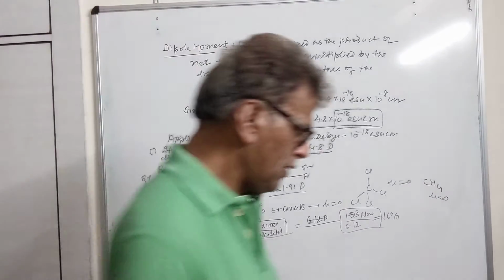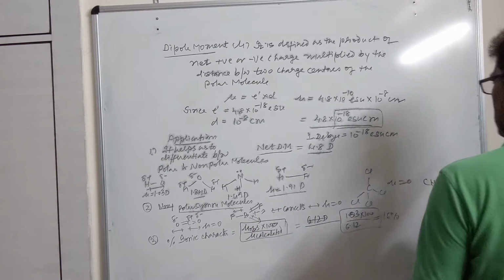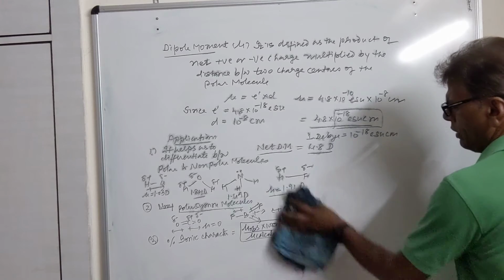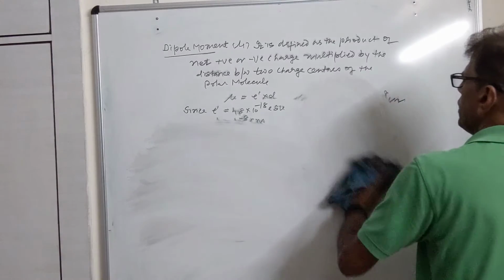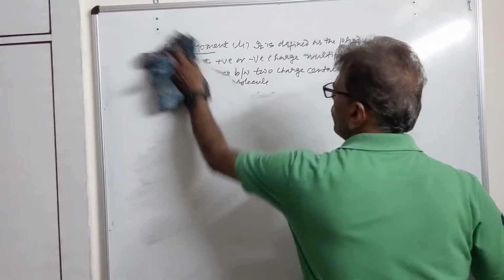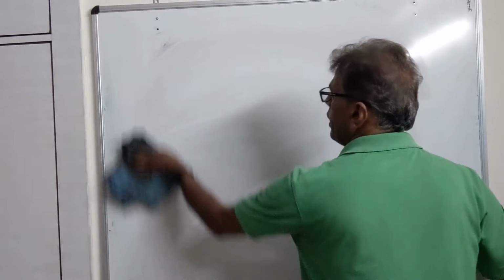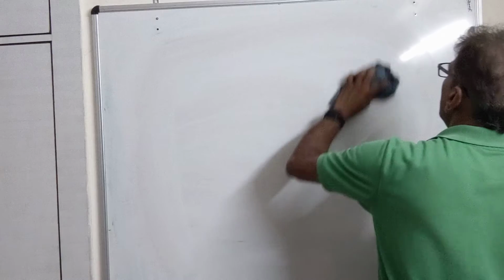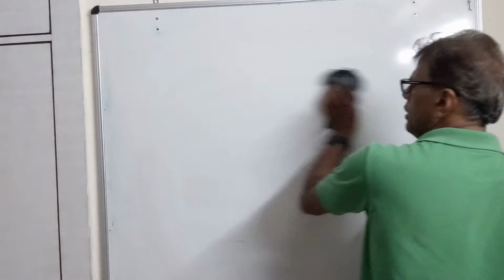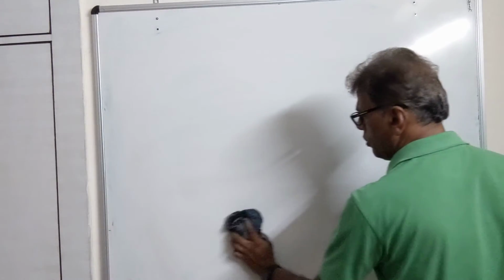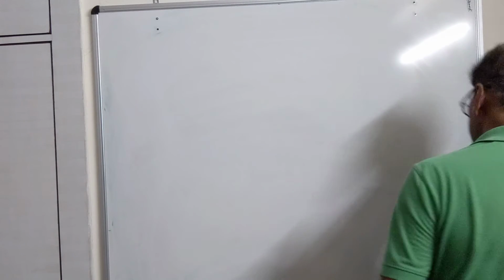Then we have the next. We have discussed up to now the bonds. We have discussed ionic bond. We have discussed covalent bond. Covalent bond can be formed by the overlapping concept, and it is formed by sharing of electrons. That has been explained by the Lewis concept. Now we will be explaining the coordinate bond. We have 6 bonds to be discussed in this chapter. We have discussed ionic bond, we have discussed covalent bond. Now we come to the third bond, that is called the coordinate bond.